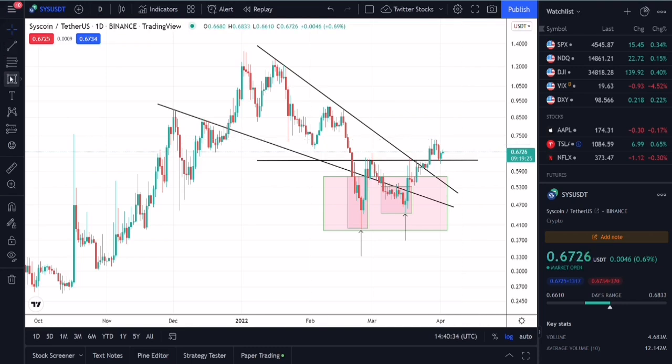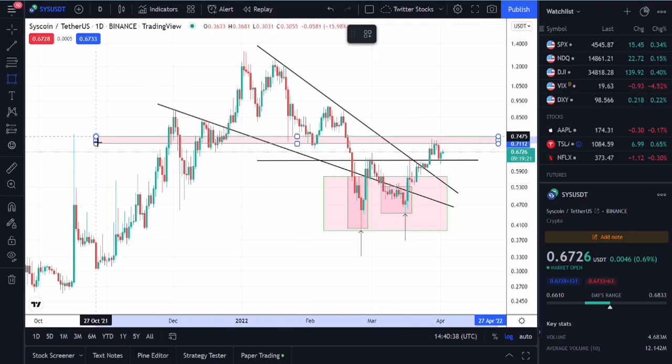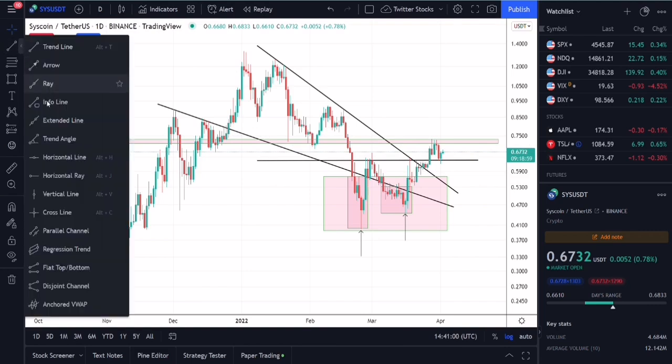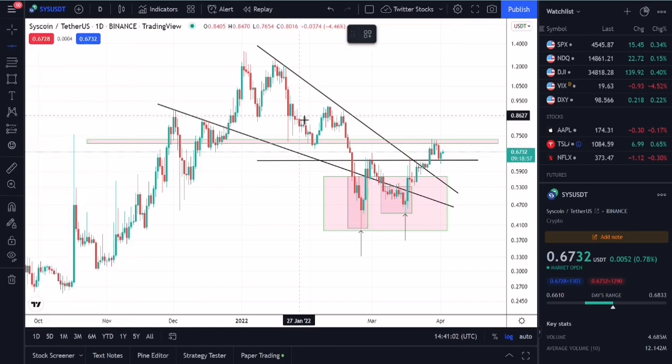73 cent area. Now if you look at the 3-day chart again, now this is the daily. If you look at the 3-day chart, you would realize that there is clear resistance around the 71 cent area. Now on the daily chart, our main focus is around this 73 cent area. So let's ignore the 3-day chart for now, and let's just solely focus on the 73 cent area. So if we are to see a breakout above this 73 cent area, then you're most likely to see a